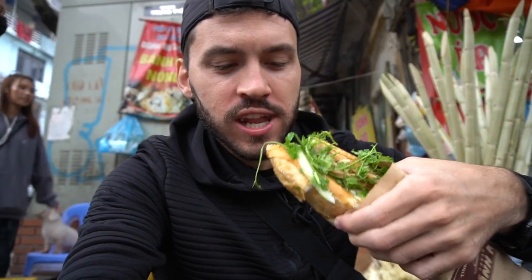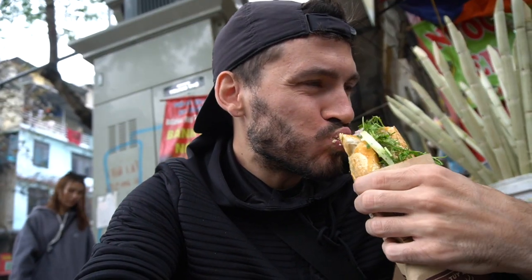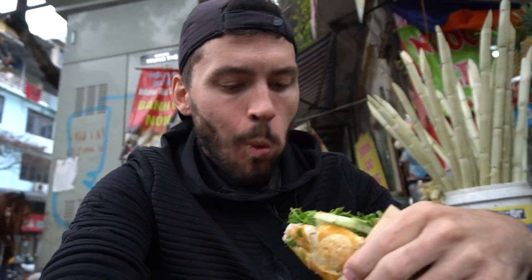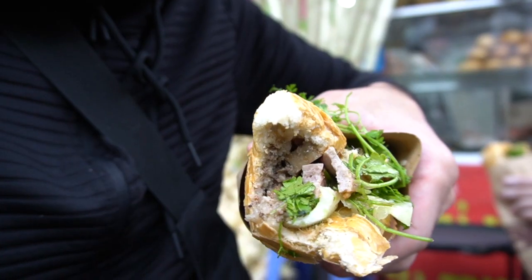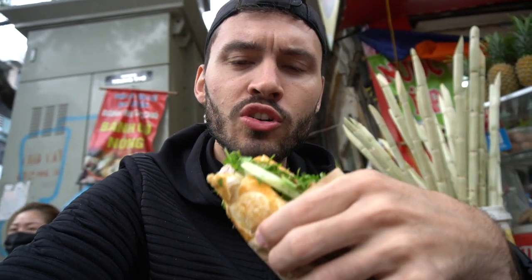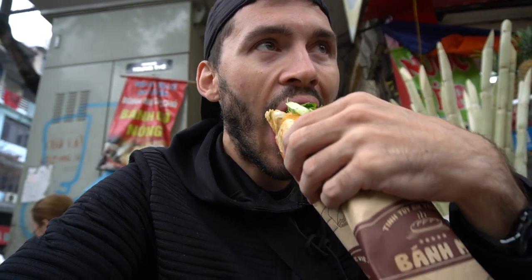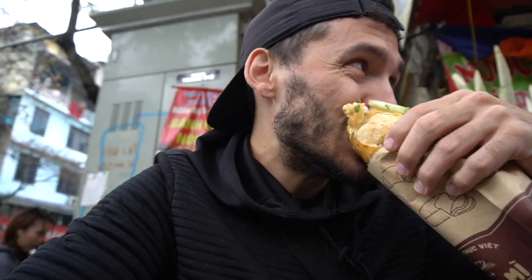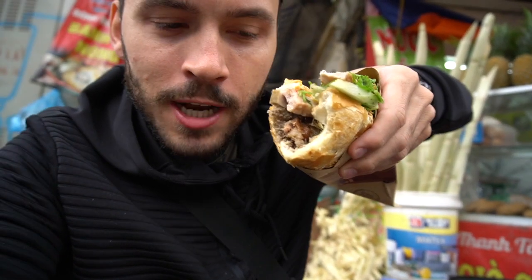The meat is a bit fatty. That Vietnamese sausage is super, super good. I don't know what's underneath it. It's like grilled meat or something, grilled beef maybe. There's cucumber on top, and then this hairy pork stuff. It's quite hard to eat. It's so big in size. There actually is pate meat in the bottom there. Lots of meat. This is a meaty,